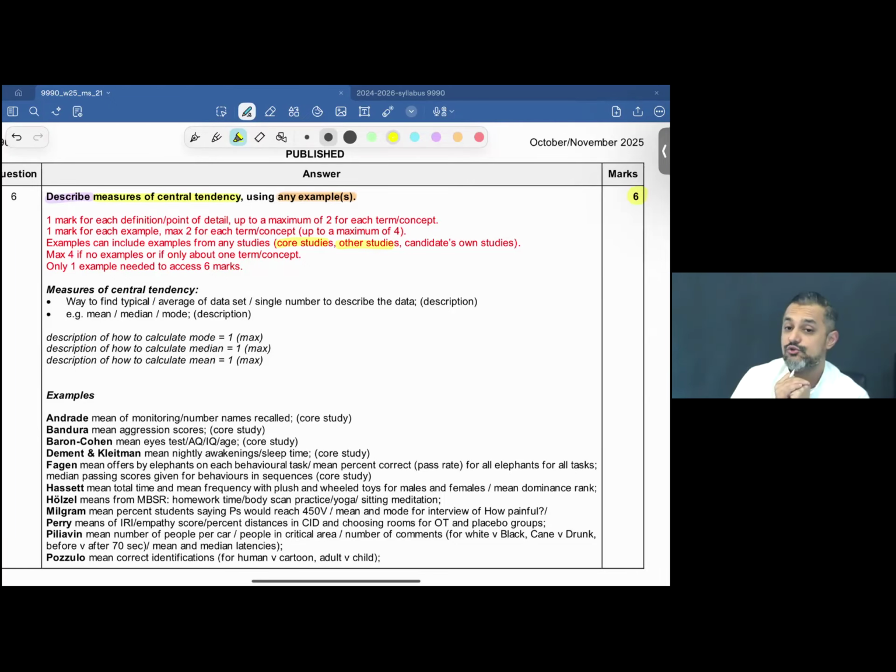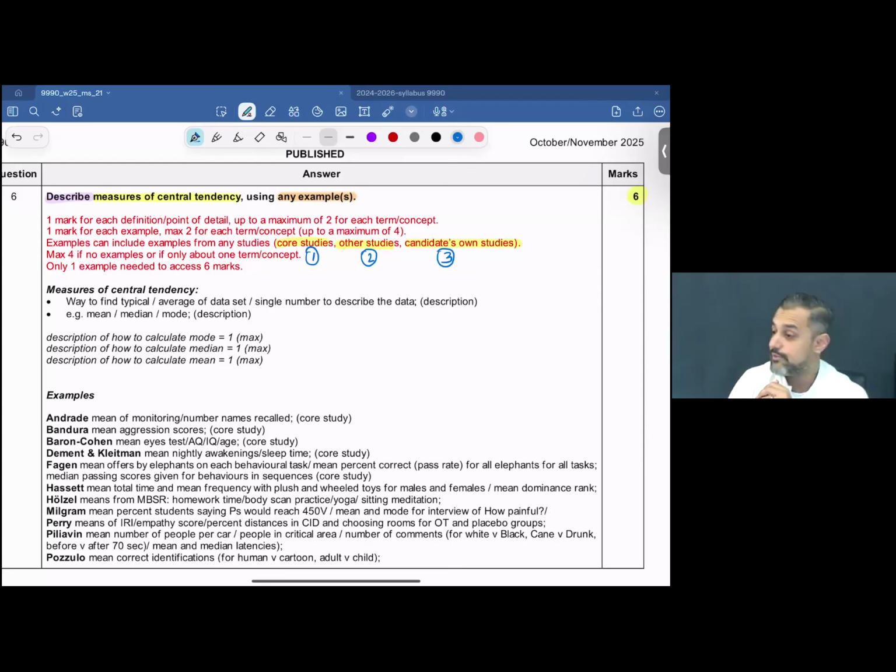Now, let's just say you are a student who is sitting for composite papers. You're an accelerated student, and you're sitting for paper 1, 2, 3, and 4, all 4 of them, and you want to use any study that you've done in A2s. Sure, go ahead. So much so that even if you're making up an example of your own, you still get marks. So the examples over here could be through any course study, could be through any other study, or any other study that you just came up with on your own.